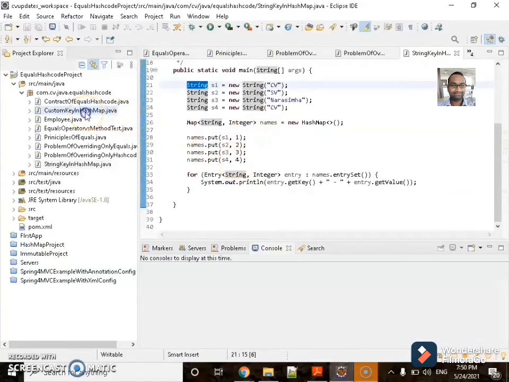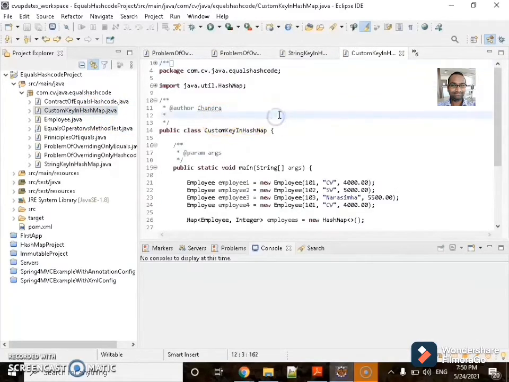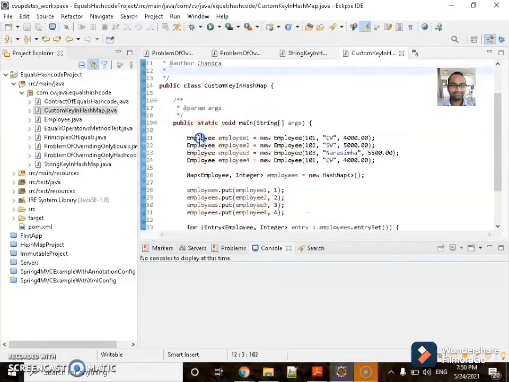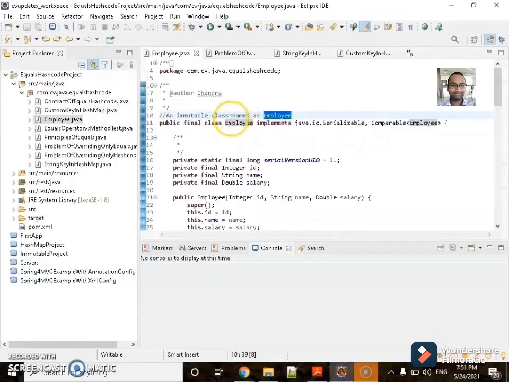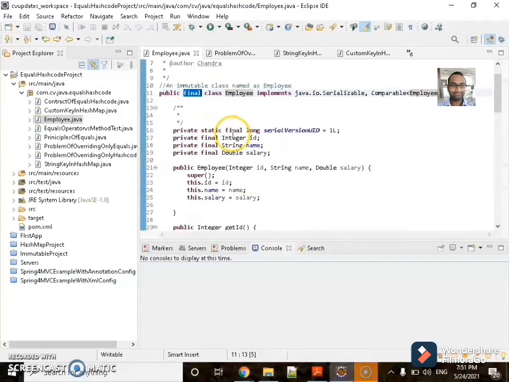In case I am using a custom key in my HashMap, like Employee, I want to use Employee as a key to my HashMap. It should be an immutable class, because whenever we are trying to put something in the HashMap as a key, we should follow the immutability rules as well. I'm considering it as immutable: final, and implements Comparable and Serializable.